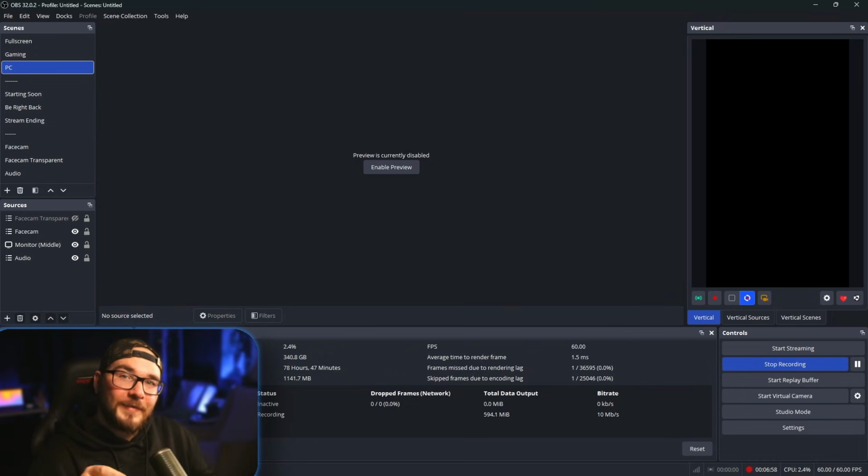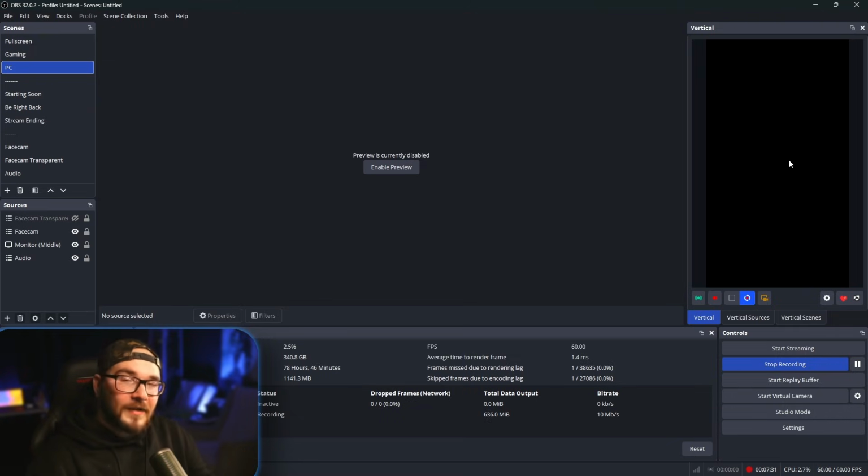vertical clip and a horizontal one at the same time? Heck, let's even throw in stream markers so that anybody watching your VODs back, your live streams on demand, can skip to specific chapters to see all of those funny moments as you record them as clips. So for this, we're primarily going to be using OBS because Meld unfortunately doesn't have a feature where you can record and clip both the vertical canvas and the horizontal at the same time.